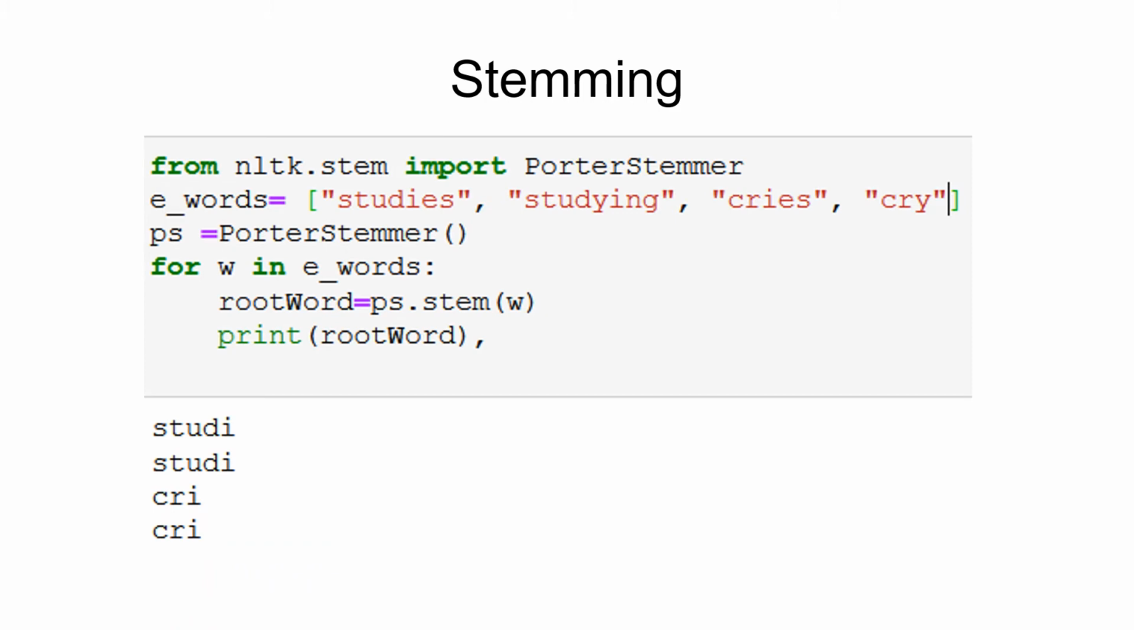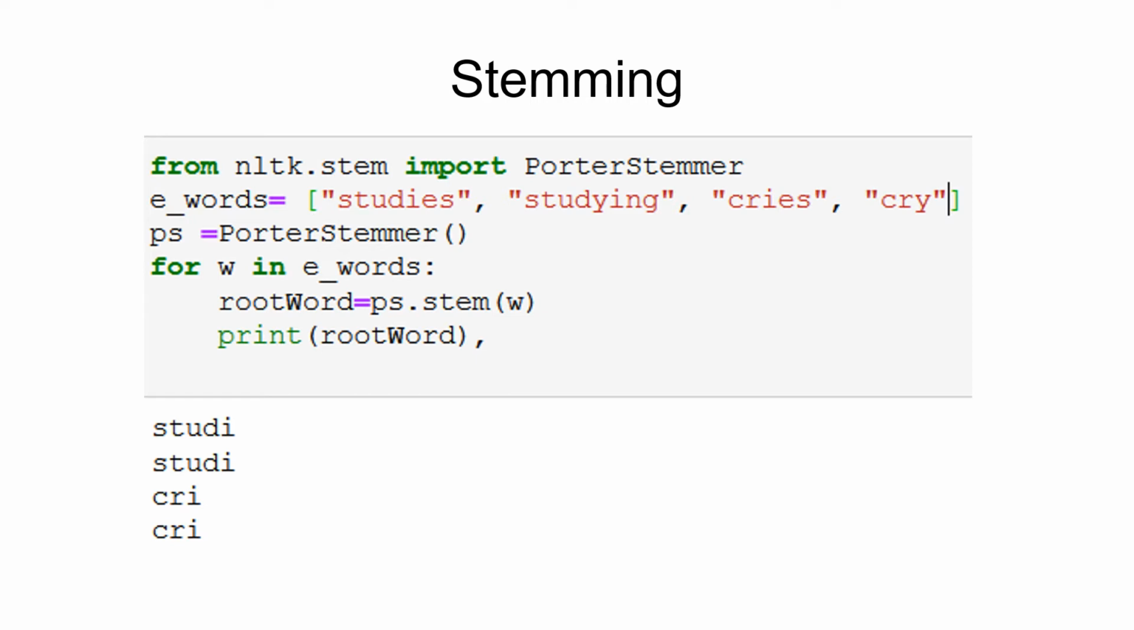The Porter stemming algorithm, or Porter stemmer, is a process of removing the common morphological and inflectional endings from words in English. Its main use is as part of a term normalization process that is usually done when setting up